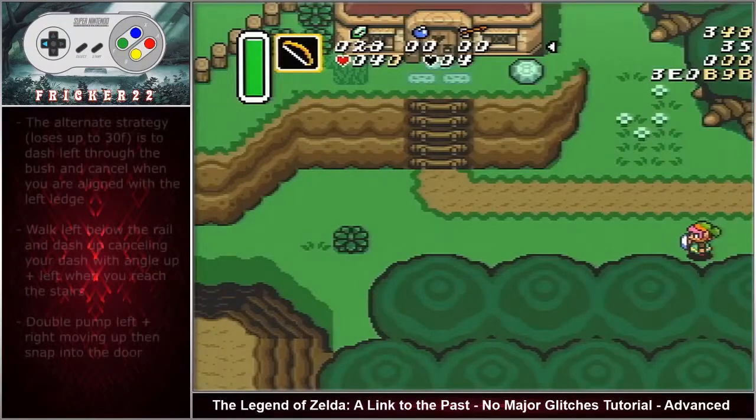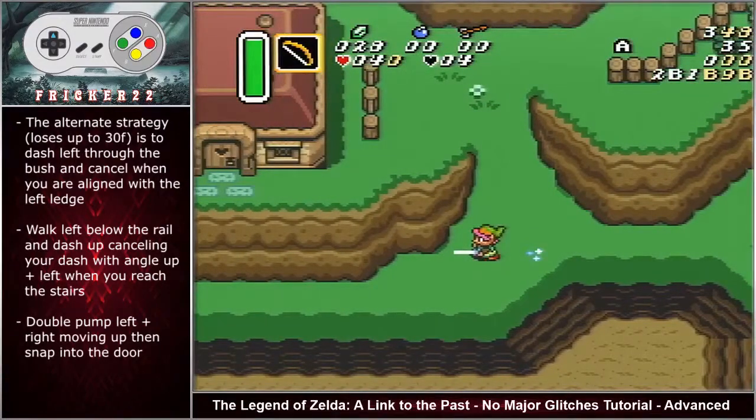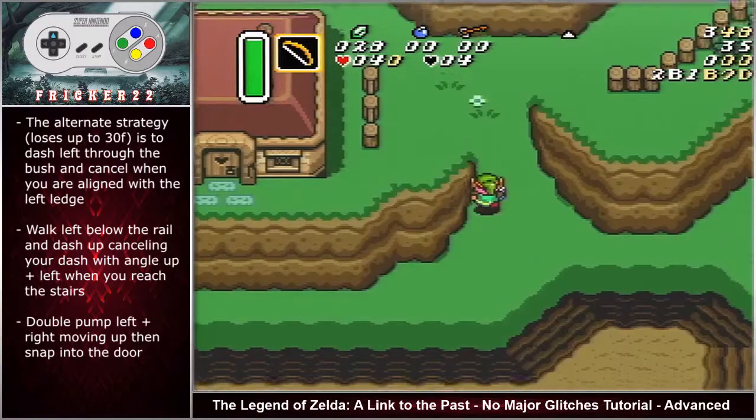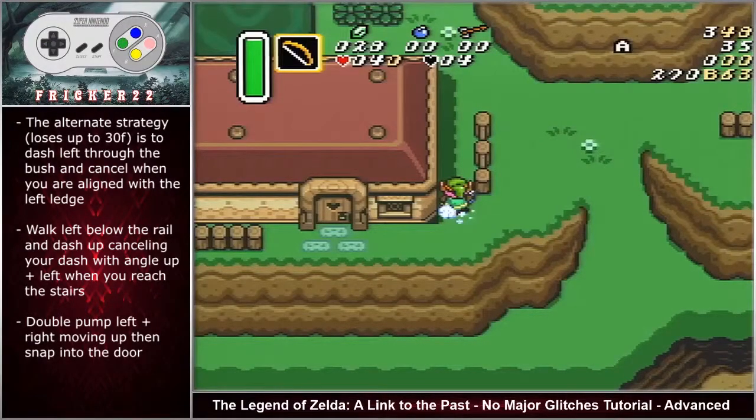The second strategy shown on the library screen is the bush dash. And what you want to do is just continue to dash left through the bush. And once you get aligned with the left part of the mountain ledge, you just want to walk straight up, walk all the way left, and then once you get in between the house and the rail, you're going to want to turn up and dash,